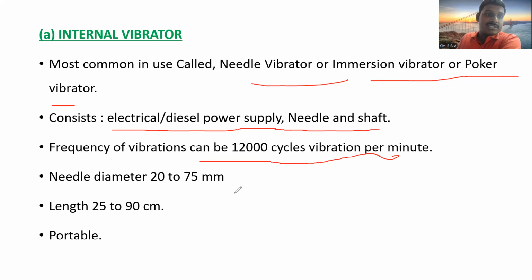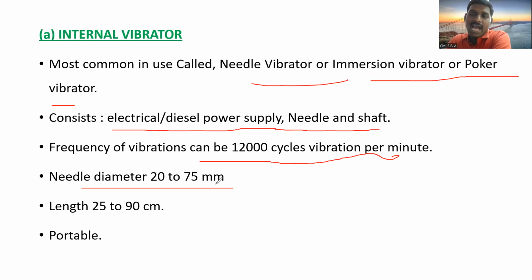So this is the frequency, and the needle diameter ranges from 20 to 75 mm. Whatever vibrator we are using, the vibrator needles are from 25 to 75 mm. Generally, for less diameter we use it in thin walls. There may be a slab, there may be other thin RCC walls. So less diameter we are using there, and where there is more mass concrete,